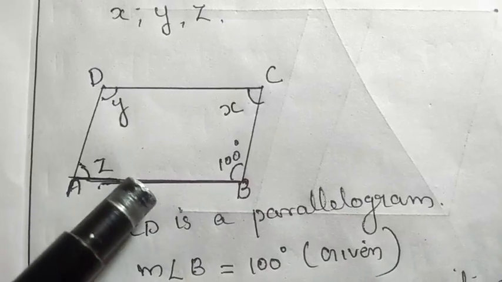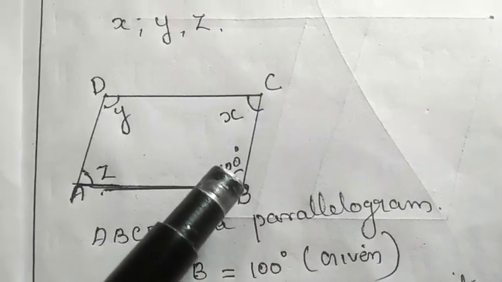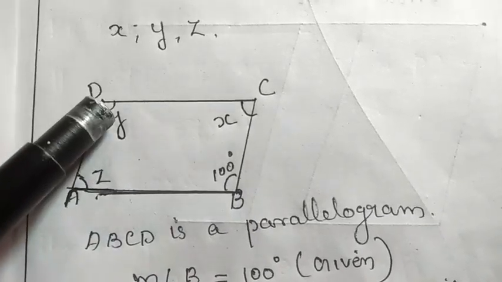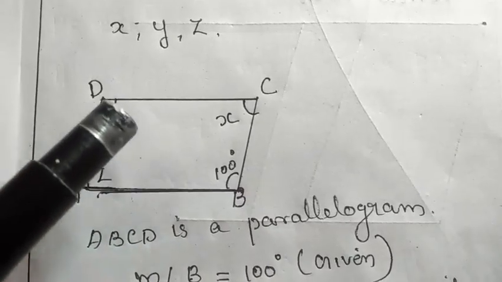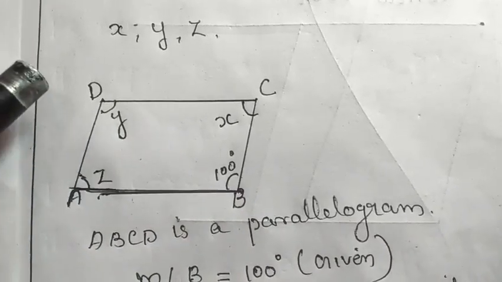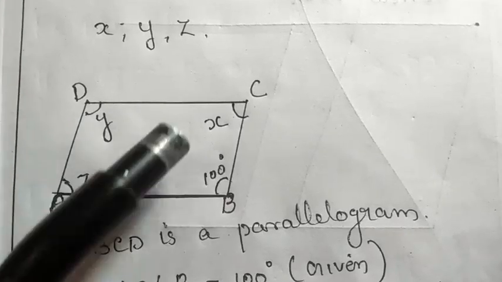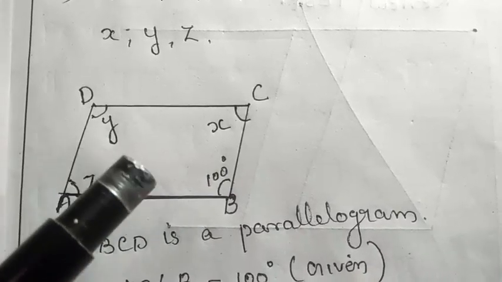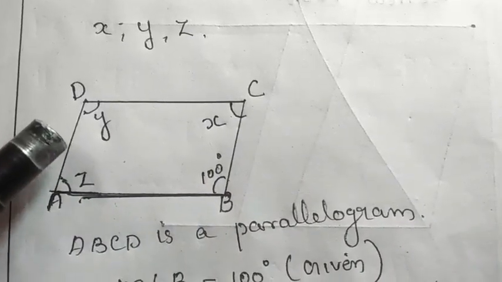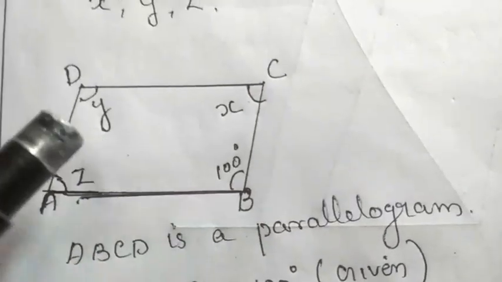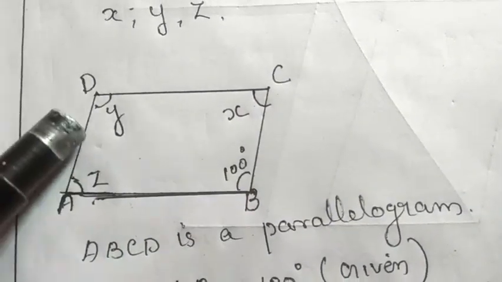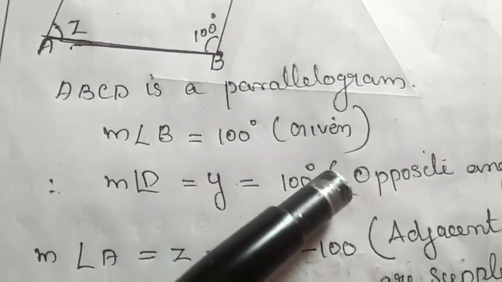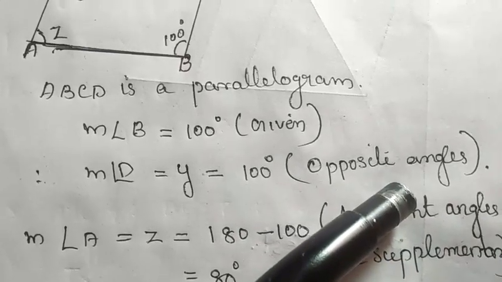How will you start your step? With the given angle, you have to relate the other angle. That means which property you know that you use at first. Here any of the property, that means adjacent angles you can use, otherwise opposite angles. So we can use first the opposite angle theorem. So here 100 degree, therefore y is also 100 degree. They are opposite to each other. That means y equal to 100 degree. We wrote the reason: opposite angles.